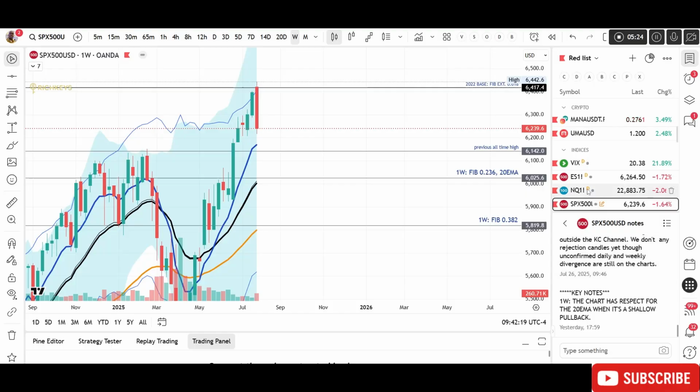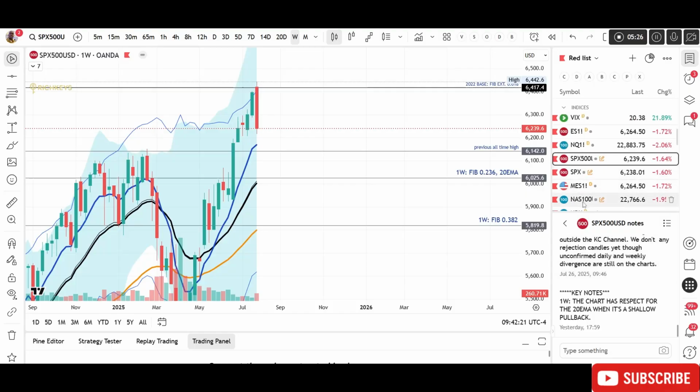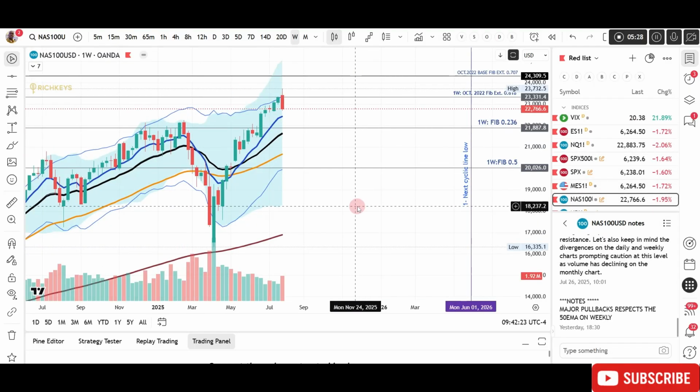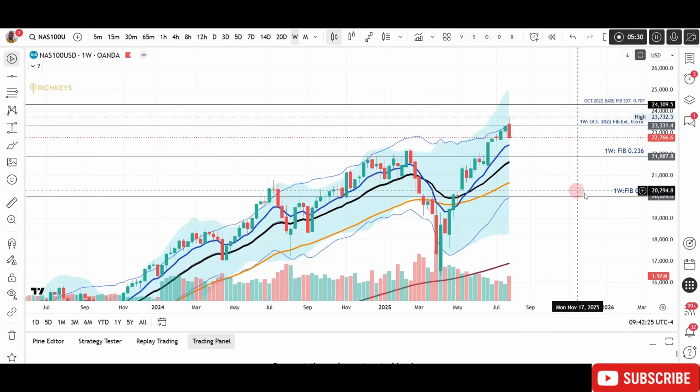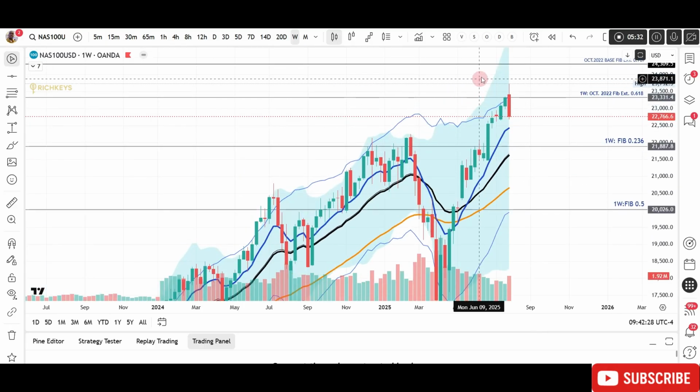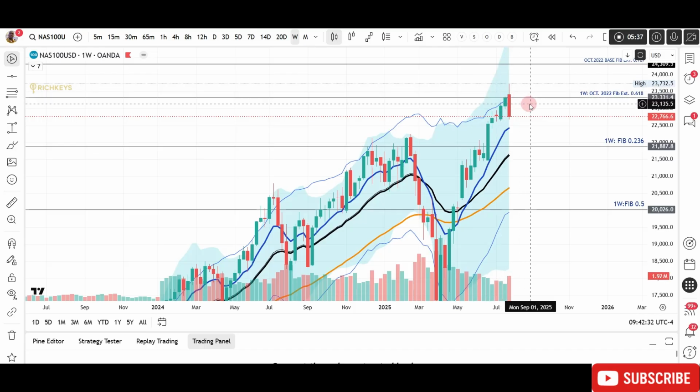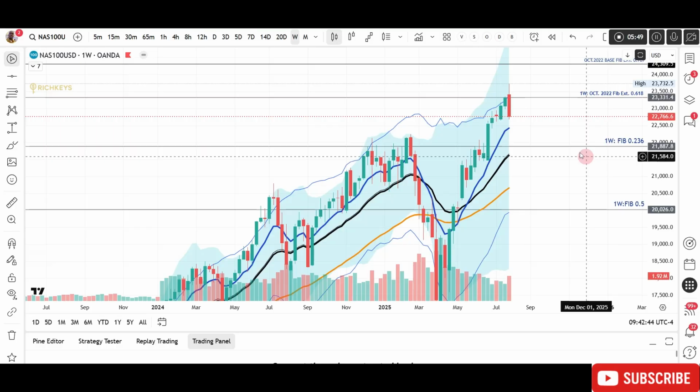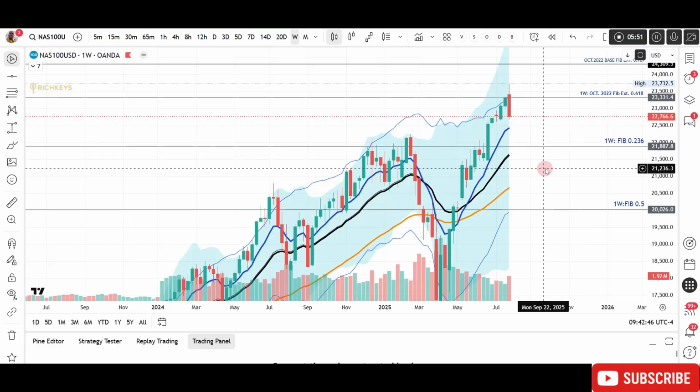Briefly on the Nasdaq, let's see what the Nasdaq is also telling us in terms of our target for the coming week. So the Nasdaq also on the weekly formed the bearish engulfing candle, and I think at the very bearish minimum, Nasdaq would hit the 9 weekly period average and potentially would pierce into the support zone of 21,887. That will be a Fibonacci retrace of the 2.236 level.